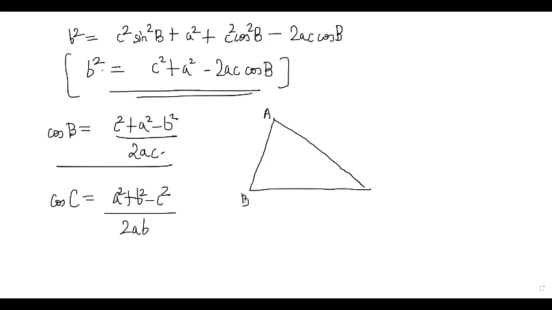Somebody is saying, sir, AD can be found by Stewart theorem, right? So, Stewart theorem we will discuss after this, okay? Stewart theorem is not more basic than cosine rule. How do you get Stewart's theorem, by the way? Whoever is saying Stewart's theorem is derived by cosine rule, how do you prove Stewart's theorem?